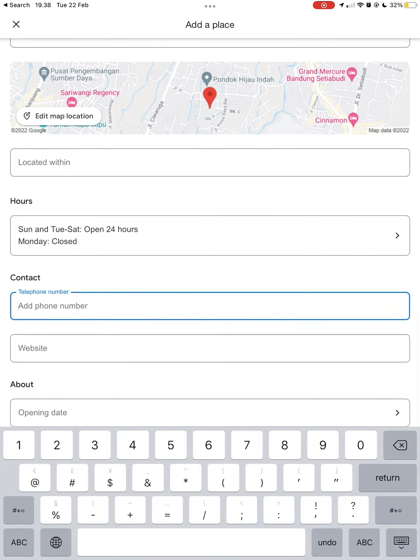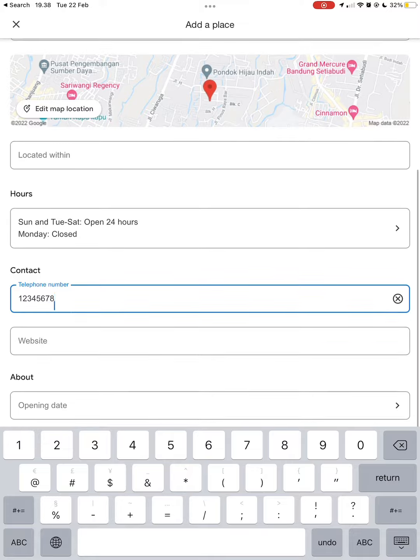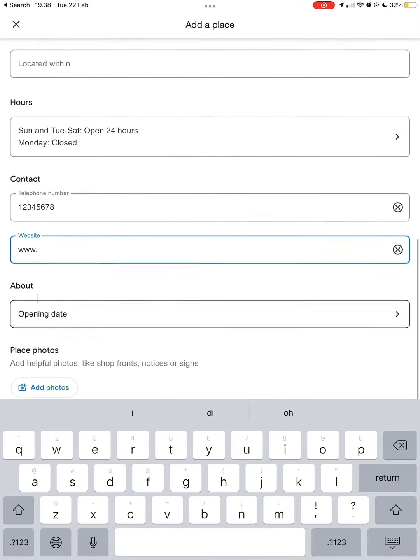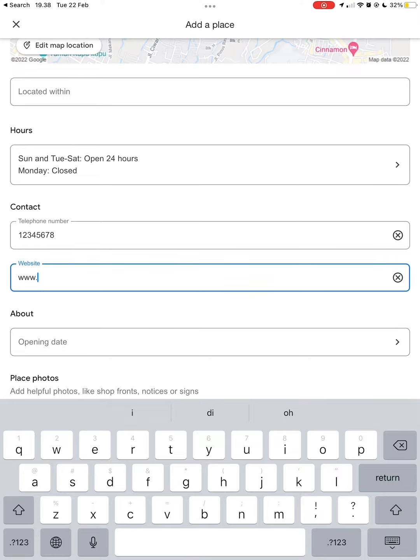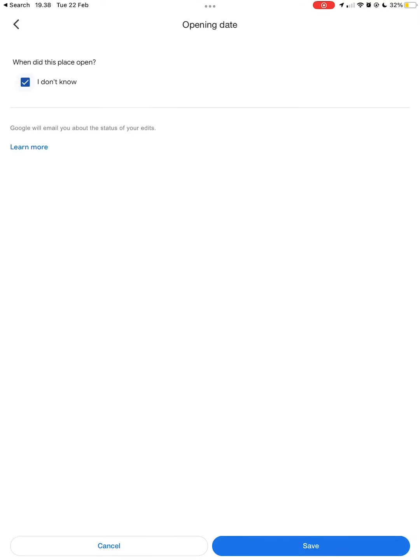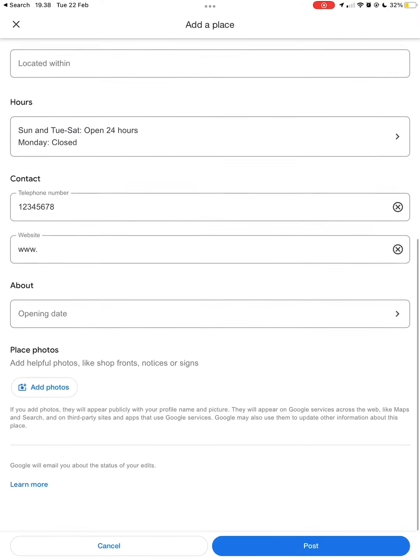everything is safe. Now you have to put your contact details, so phone number and then website, and then you go to about. So the opening date, for example, if you don't know, you can also put in I don't know, and then press save. And then